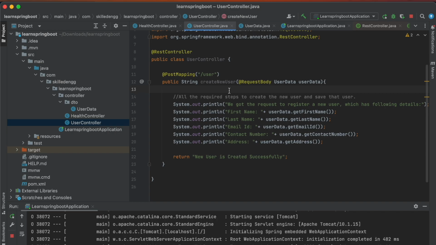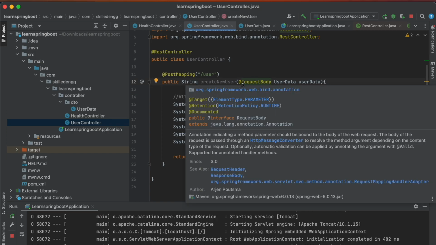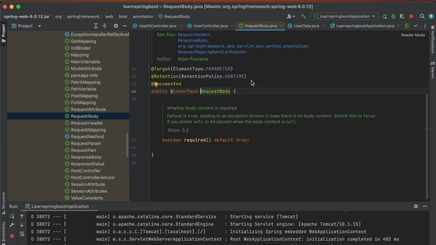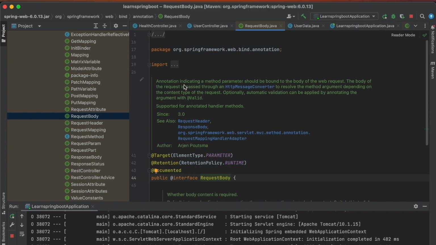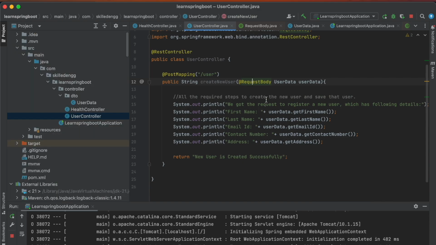So let's dissect this particular request body first. If I just press command and click, I will go inside this, and let's read the description first. This annotation indicates a method parameter should be bound to the body of the web request. As I told earlier, whatever parameter we use, this parameter we are using, user data, will be bound and will behave like a request body to that particular HTTP request.